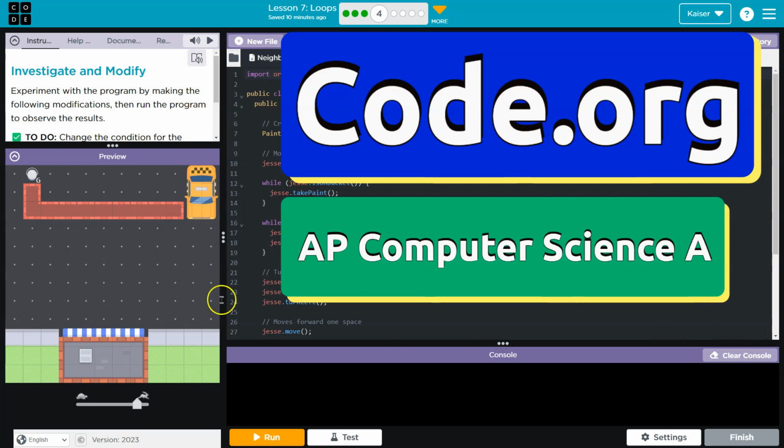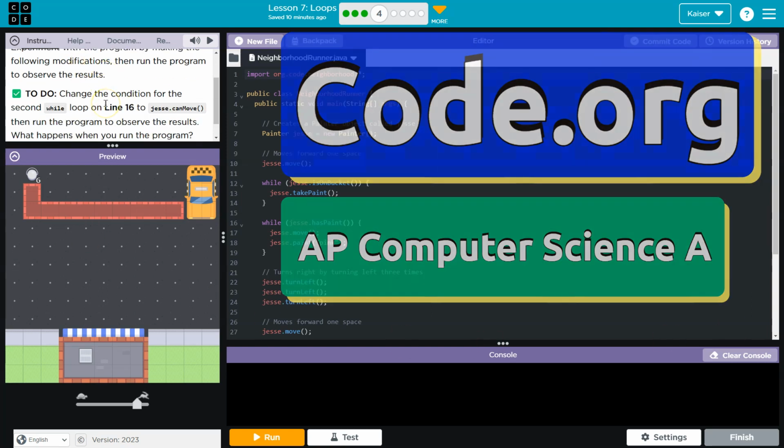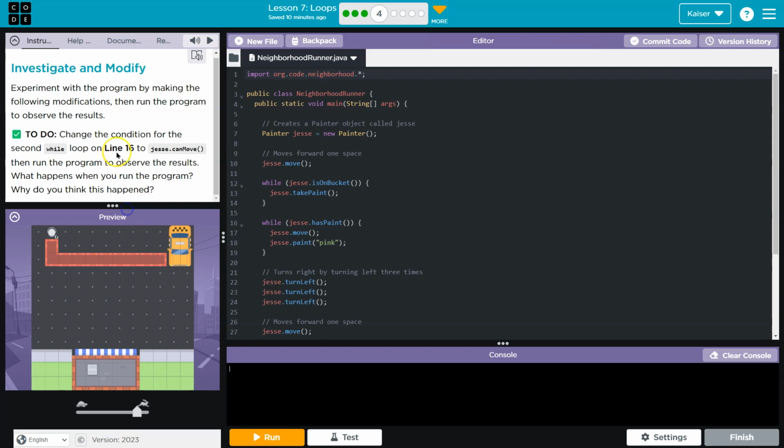This is code.org. Let's see what we're doing. Experiment with the program by making the following modifications and observe the results. Change the condition in the second while loop on line 16 to